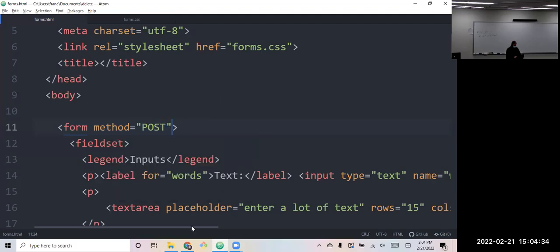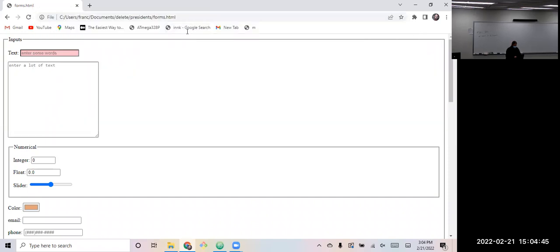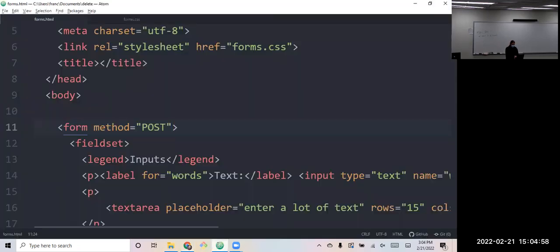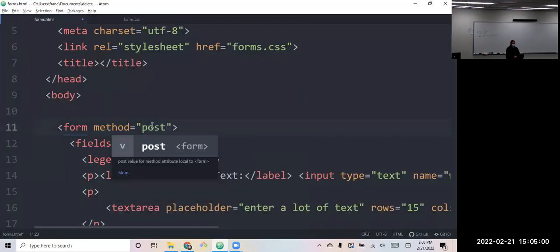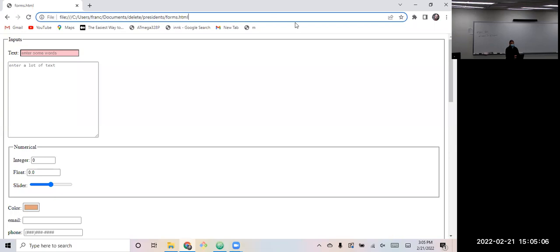Actually, let me see if the capital letters do make a difference. There's all that when I hit submit. Oh, I think that was just there because it was still left over. That was my thought. For many, many decades, we had to type post in all uppercase letters, but I don't think we do anymore. And all that stuff was left in the URL. I forgot to clear it out of there. But now with that cleared out of there,